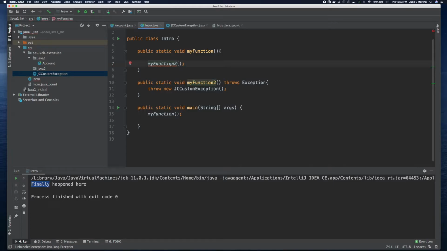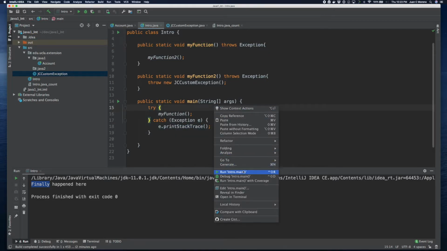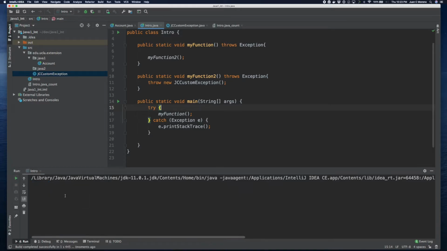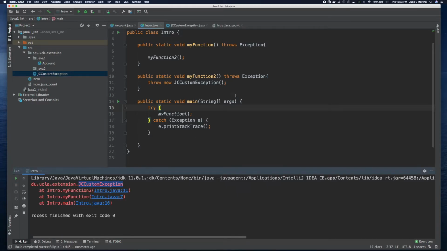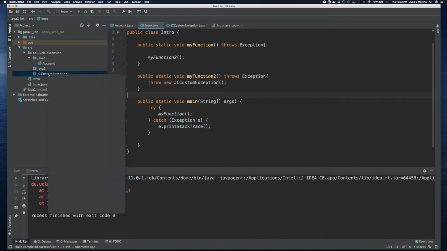Well, you can see that because I'm kicking again the bucket, this guy is now wanting to catch it. So I can even keep throwing it all the way upstream, and now this guy is the one that has to be responsible for it. So now when I throw it, I get JC custom exception. Now, if we hadn't defined that class,